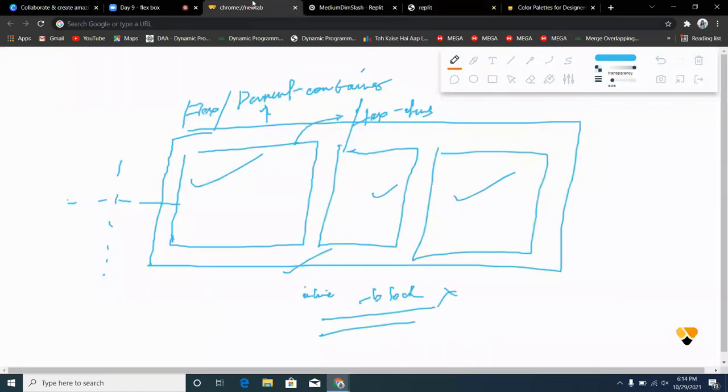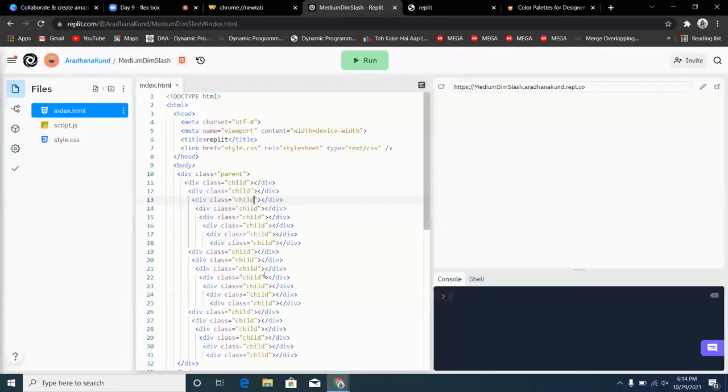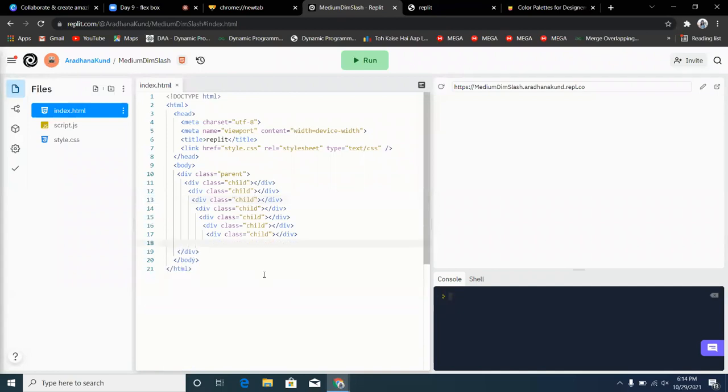you can see that it's not unexpected, because we have not used any properties. That is the reason they are stacked on top of each other. So first let us have a smaller number of child divisions, then you will be able to understand how it goes when we have a lot of child divisions. Now if I refresh, you see that all the divisions are stacked on top of each other.